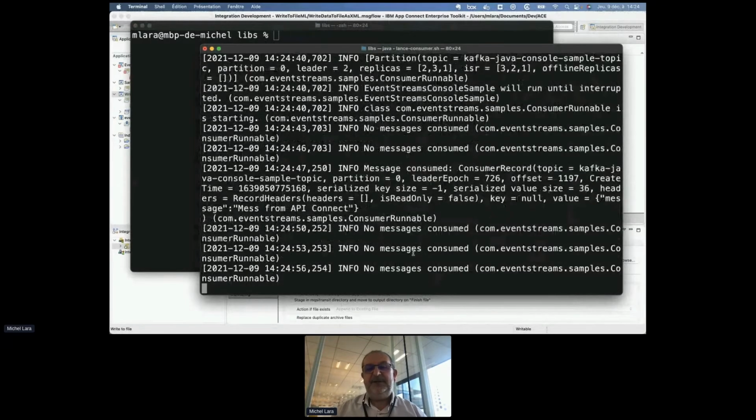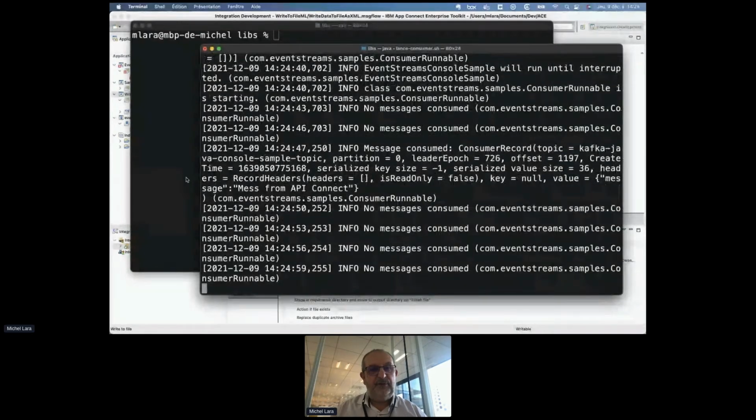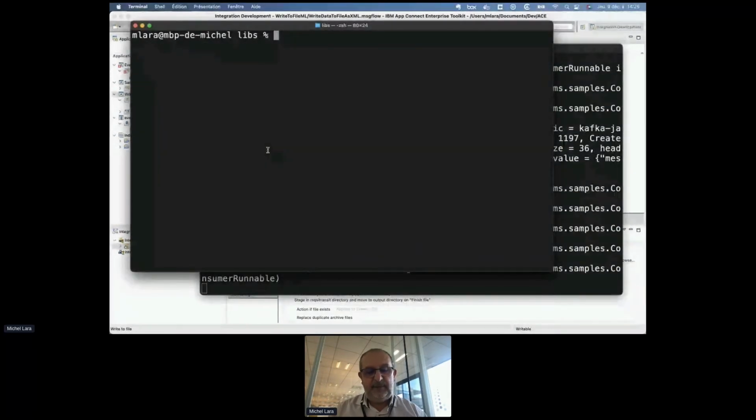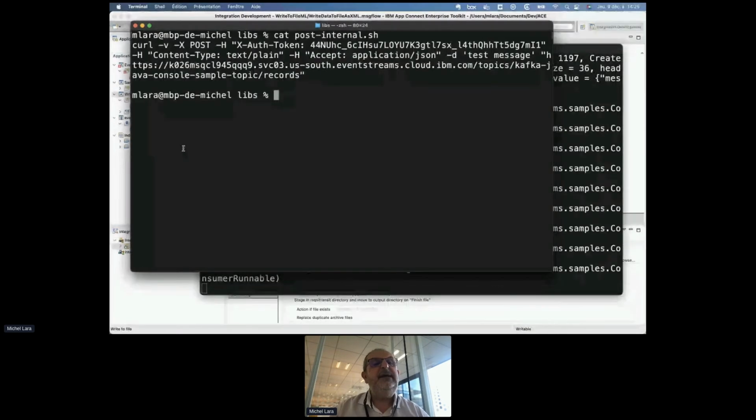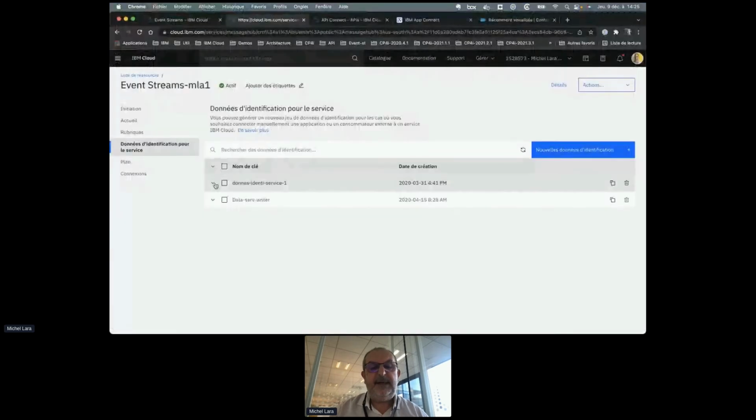Okay, now there is no message consumed. Now I will show you how to post a message in Kafka in a very simple way. You can post it from a Java application, and you can also post it from the HTTP interface. I show you just the way to post. You remember the URL from the access here.